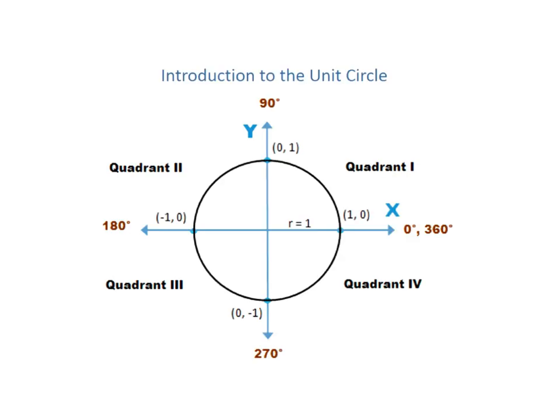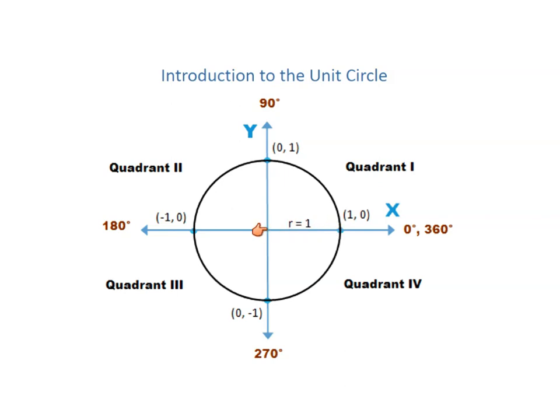This lesson is an introduction to the unit circle. So let me first explain why it's called the unit circle. A unit of length means 1. So we might be talking unit fractions have numerators of 1, like 1/5, 1/3. A unit of length in inches would be 1 inch. So when we talk about the unit circle, it means that we have a circle that has a radius of